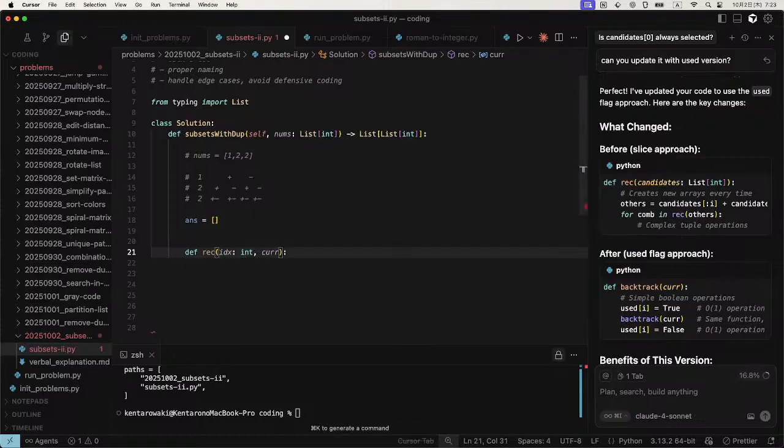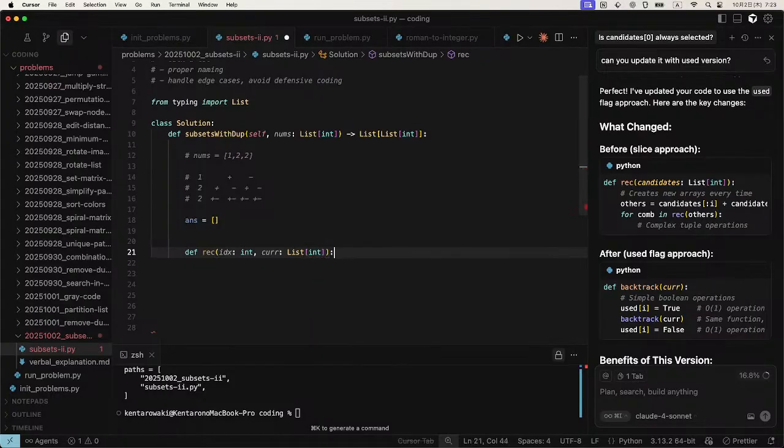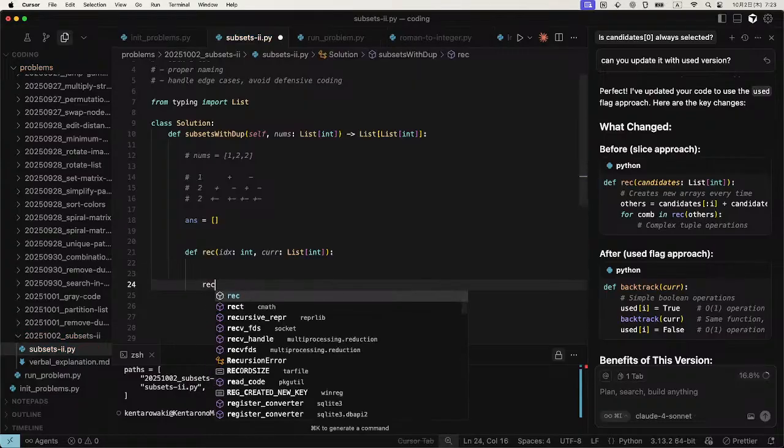So the current list of integers, it takes the current list of integers and calls